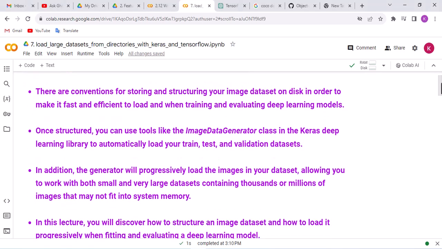So we start. There are conventions for storing and structuring your image dataset on disk in order to make it fast and efficient to load when training and evaluating deep learning models on image datasets. Once structured, you can use tools like the ImageDataGenerator class, which is available in the Keras deep learning library, to automatically load your train, test, and validation datasets. In addition, the generator will progressively load the images in your dataset,